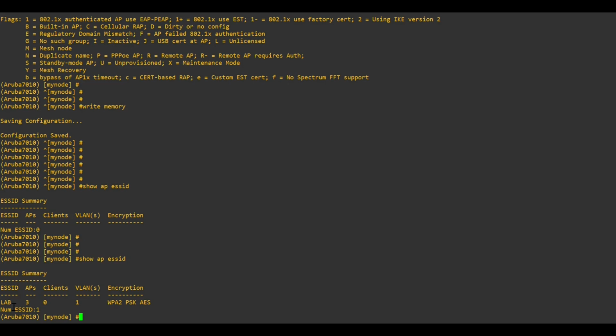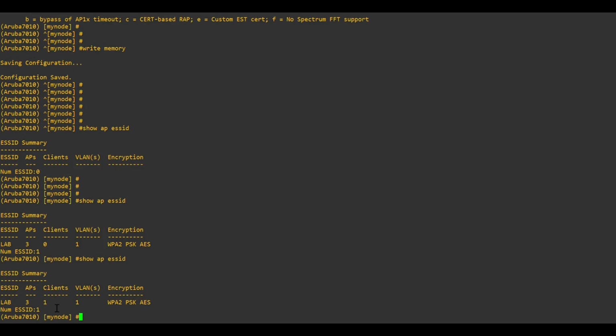Now we will connect our test client. Connecting my test client. Yeah, you can see client 1. It's already connected. So it's concluding. We did it from the beginning all the way to the end, the basic configuration of the Aruba wireless controller. We are using Aruba AOS 8.8